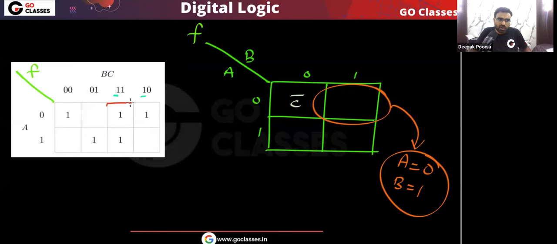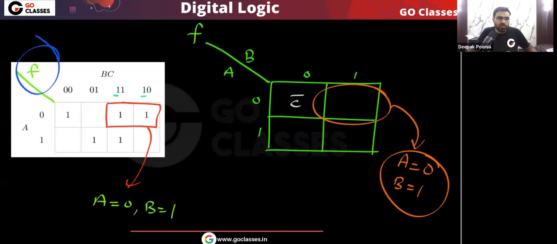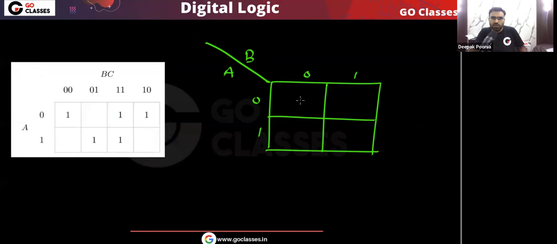Ultimately I can say, look at these two cells. In these two cells, A is 0 and B is 1. Do you agree with me? Very simple. Now let's see, when A is 0, B is 1, then what is the function value? You can see the function value is 1. In both the cells, the function value is 1, which means when A is 0, B is 1, the function value is 1. So here you will write that the function value is 1. Very simple. So we got this C bar and this one, these entries.